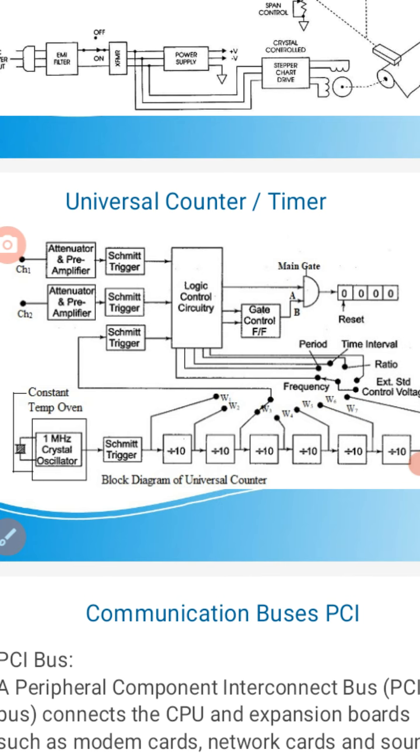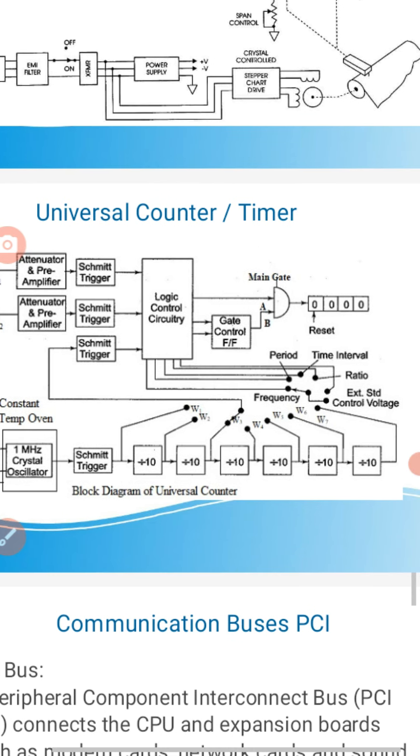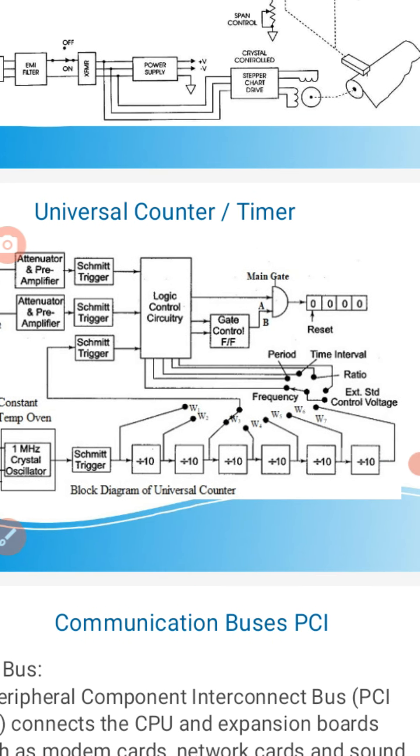The rate of pulse train offered by the Schmitt trigger will be equal to the frequency of the clock oscillator. The output from the Schmitt trigger is presented to a chain of decade dividers. The output of the Schmitt trigger as well as the outputs of the decade dividers is brought over the wedges of the selector switch. The selector switch has 7 wedges, W1 to W7, and we can select pulses from 1 microsecond to 1 second, that I already told you.